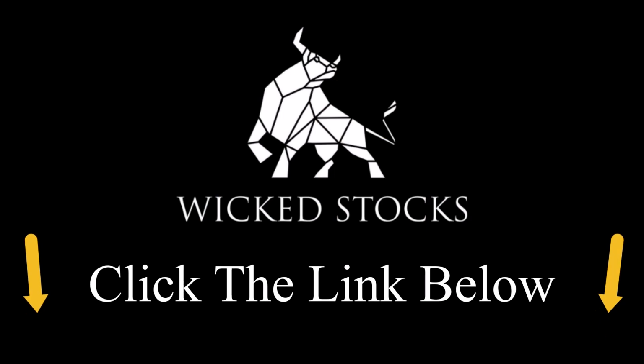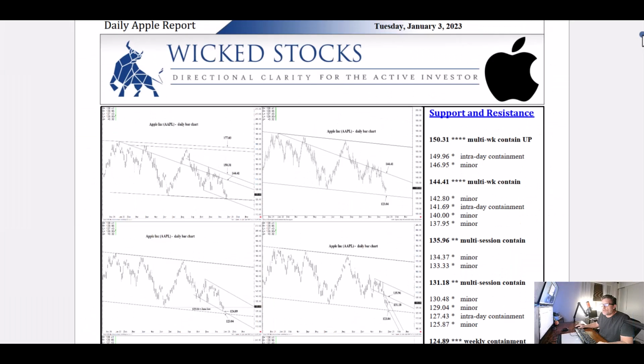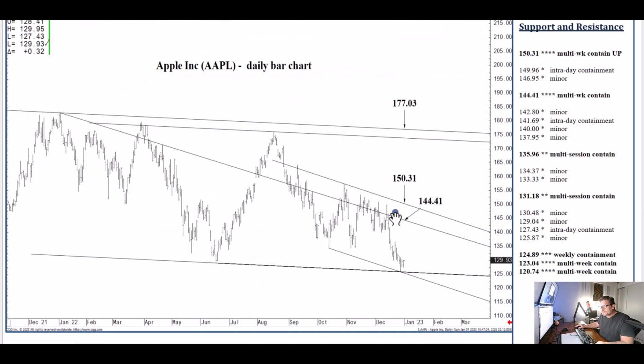Getting back to 144.41, you can see that it is really part of a wide zone up to 150.31. So if we get up to 144.41, let's say by the end of January over the next 3 to 5 weeks, which is anticipated, we can fall off again back into the 120s, long-term support over the following 3 to 5 weeks. Closing above 144.41 signals 150.31 within a full week of trade, where we can also top out on